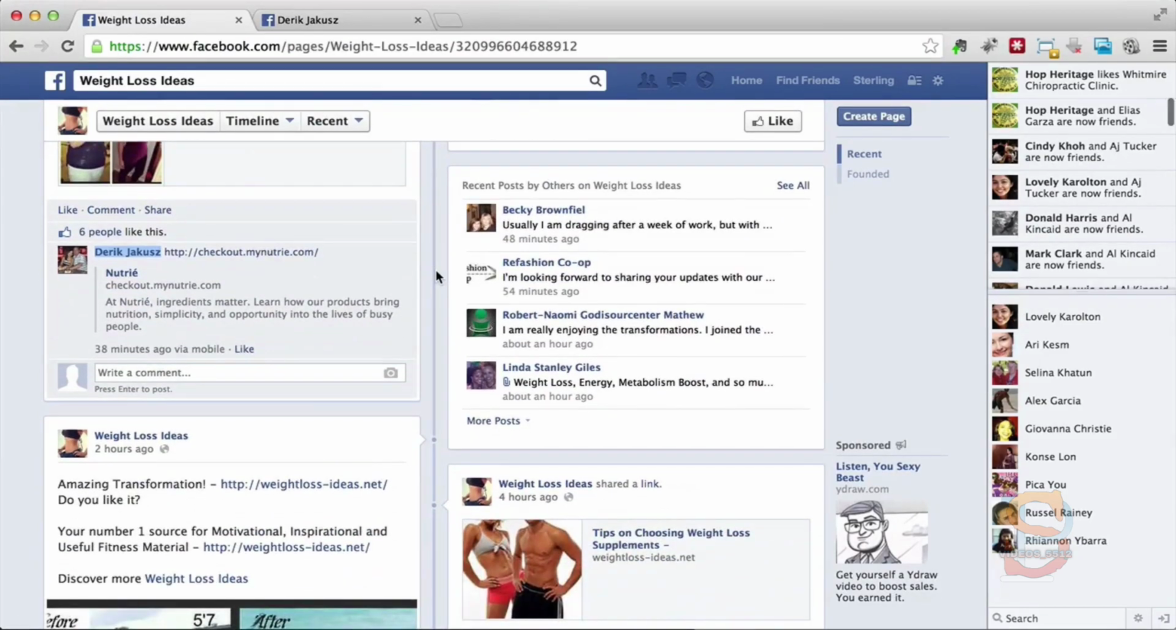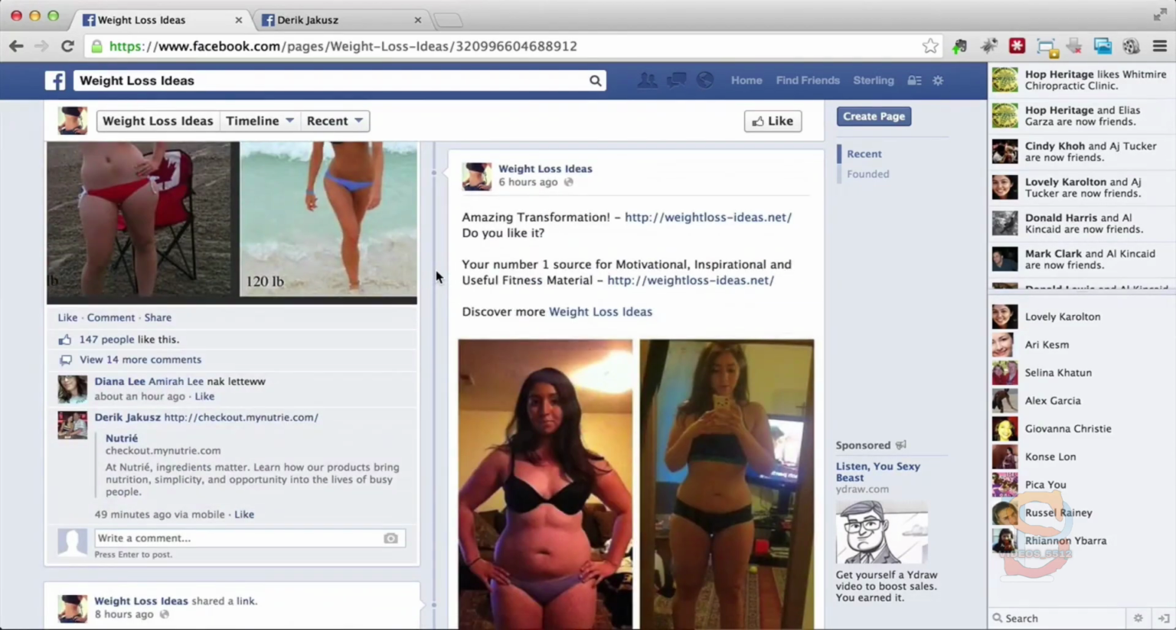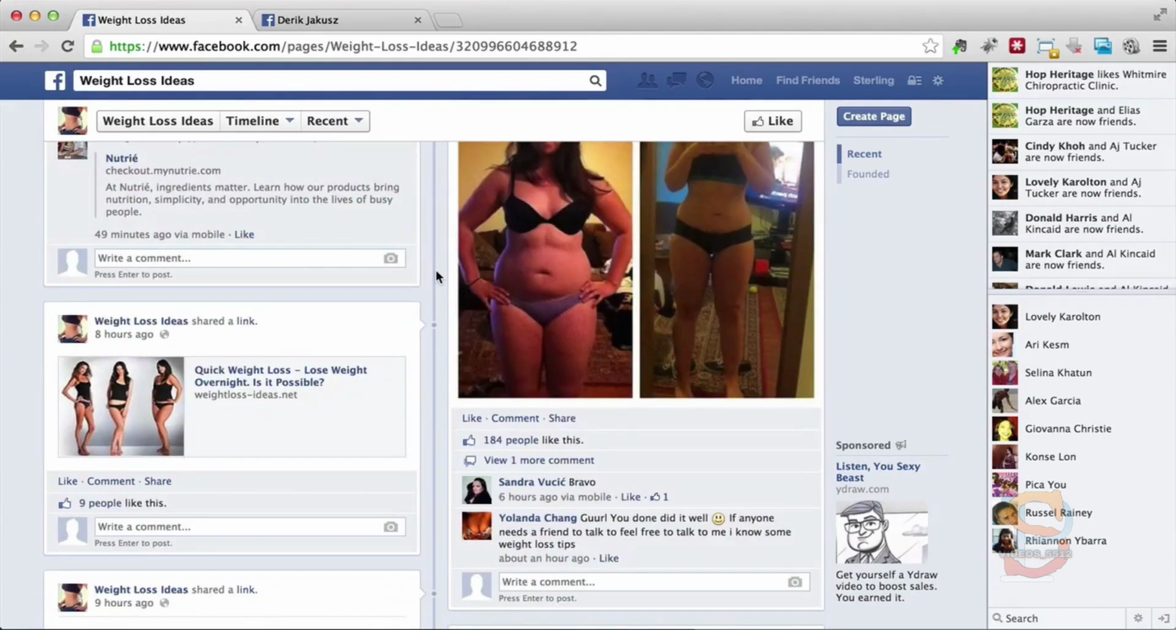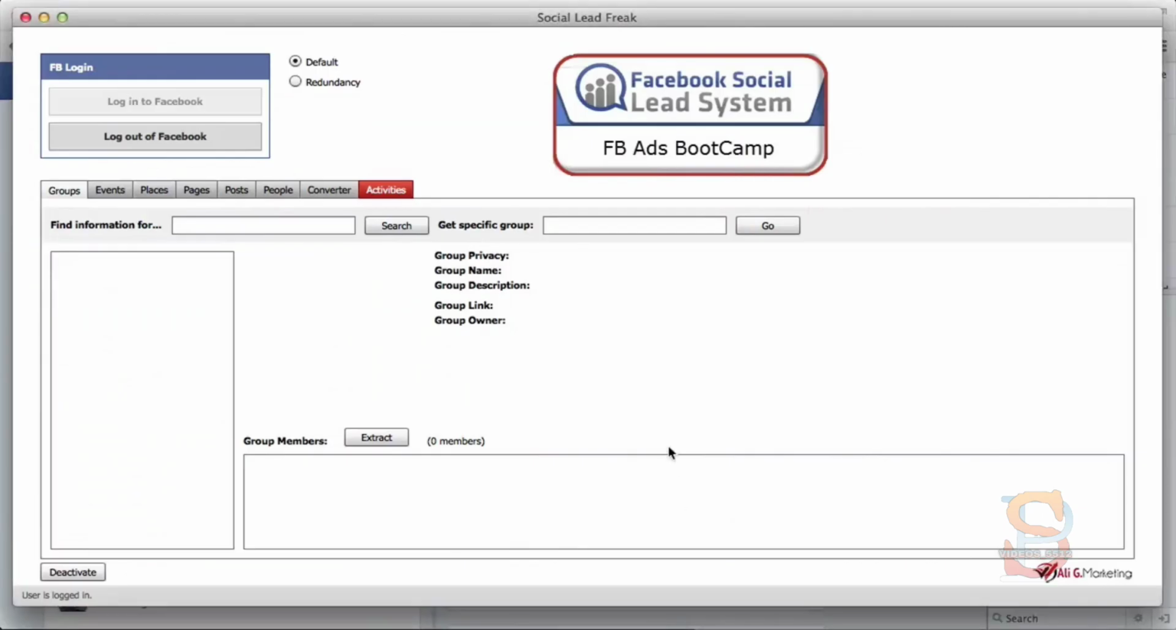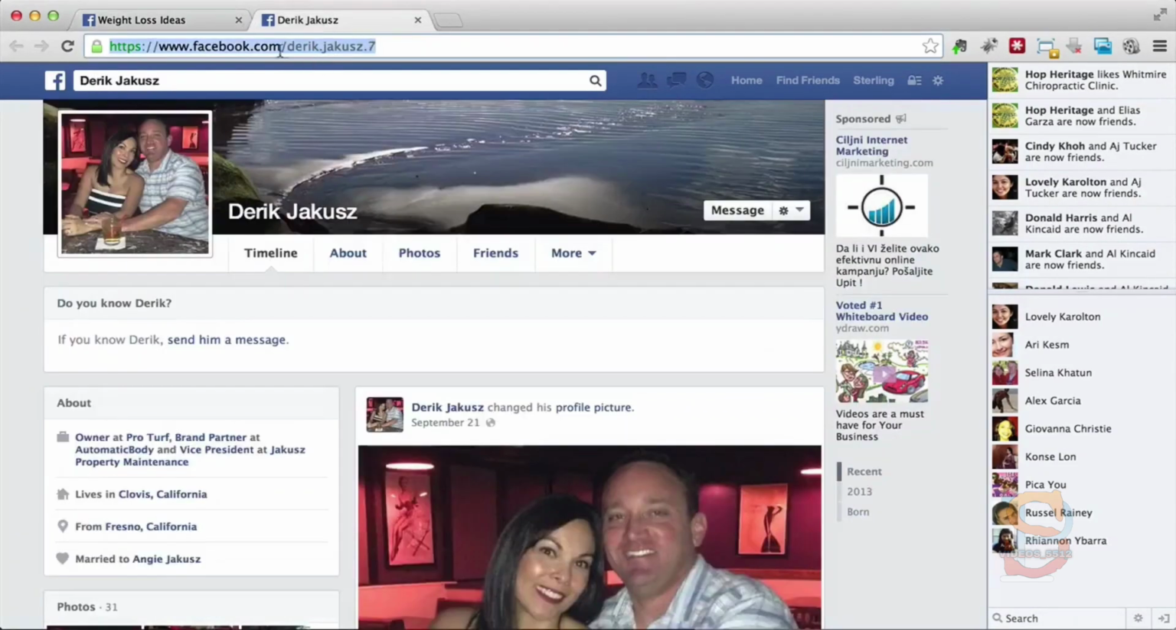Now, if we were to do this manually, it would take us a very long time. It would be very time consuming. You would probably have to spend your entire day to grab like 200 people. But with the help of a tool like Social Lead Freak, we can automate all of this. We can extract the active people from pretty much any page on Facebook, and then we grab their Facebook IDs. We can add them as our custom audience, and then target them and show them ads that are related to